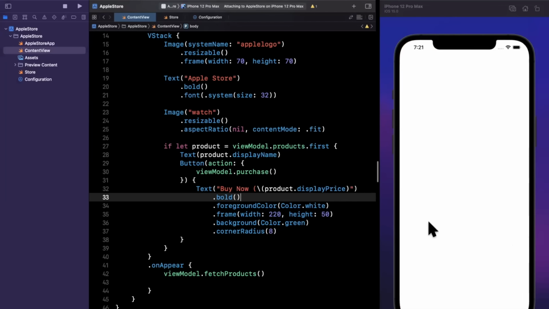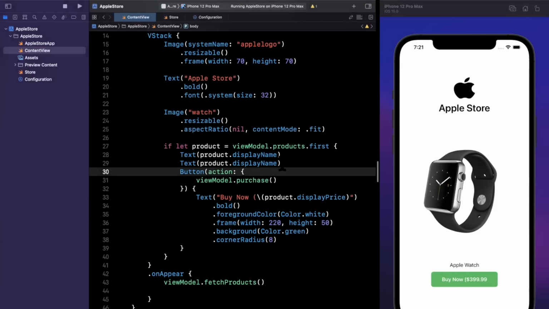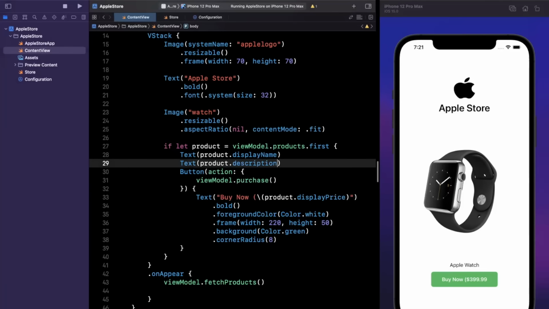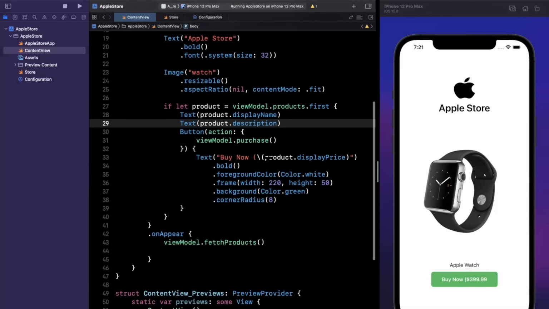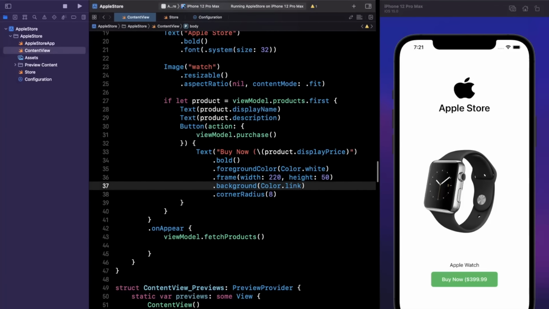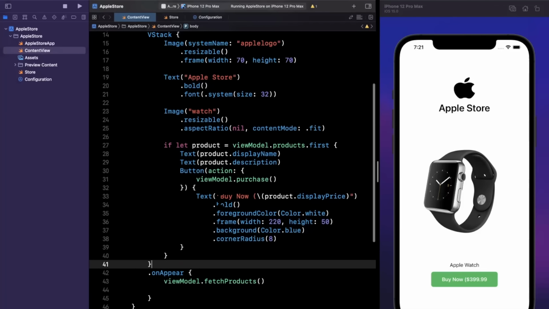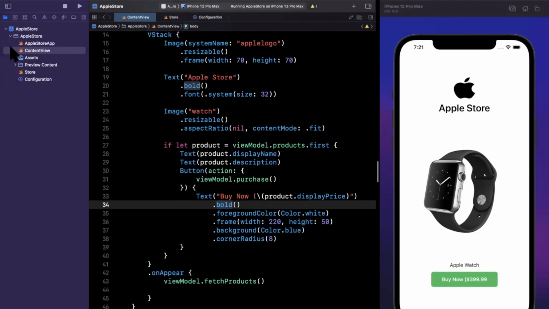And what you'll notice is the button is not there to buy now immediately. It might look really fast on your simulator because it's almost instant, but it does take some time to populate. We also might want to show the description here. There is a description for the product. And I'm going to change the color of the button here to be maybe a blue color. And once the user has purchased it, we're going to update what this looks like. So cool. So now that we've got this and the user can tap on it and go to that purchase